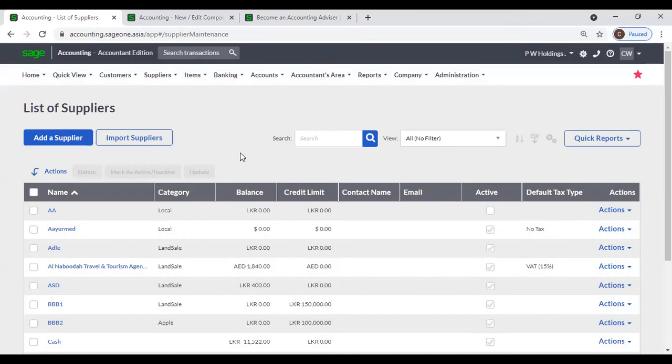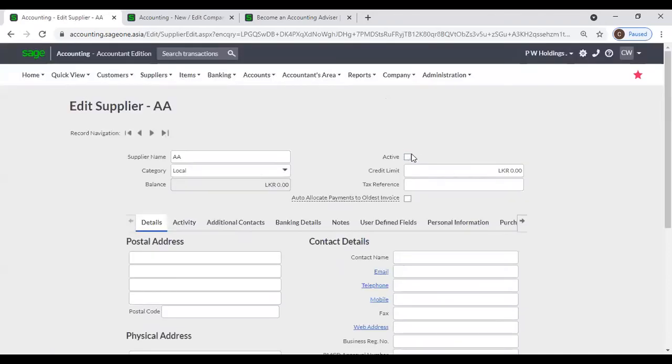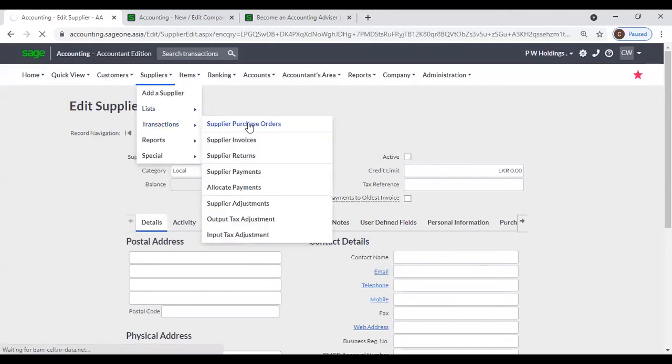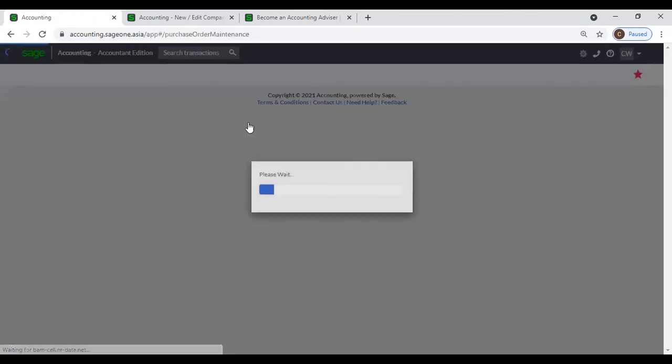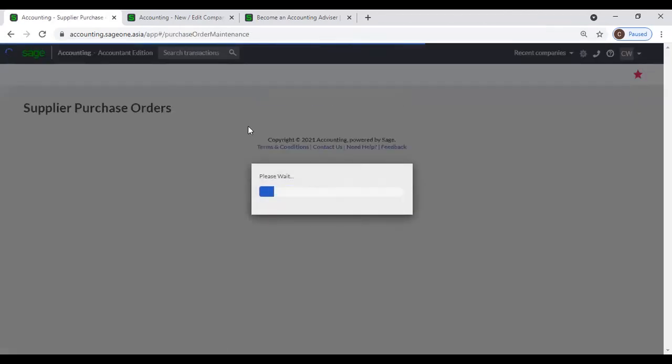In that case, you will decide not to buy from that supplier, and you can inactivate that supplier by unticking here. When you enter transactions, or if you are entering a purchase order for that supplier,